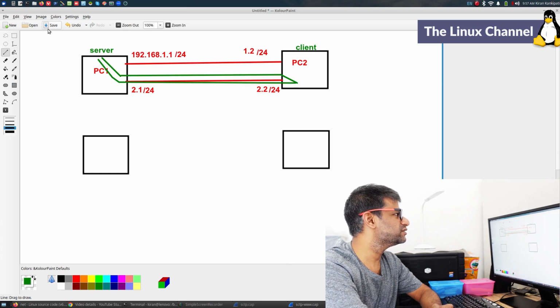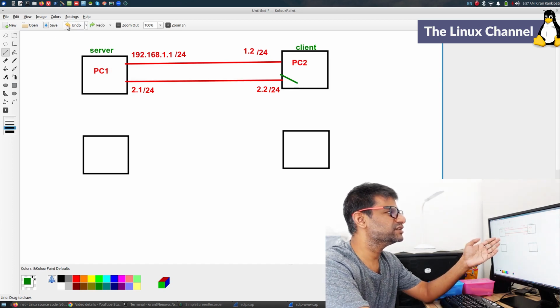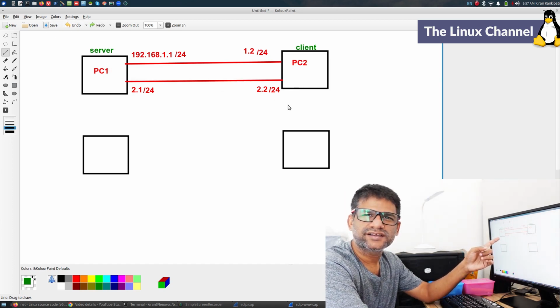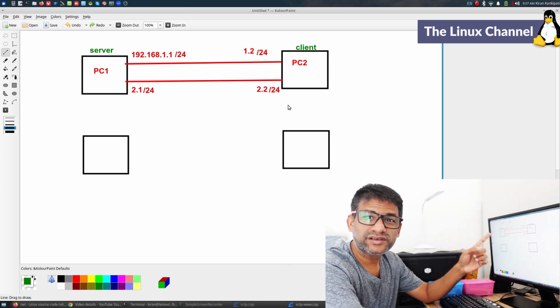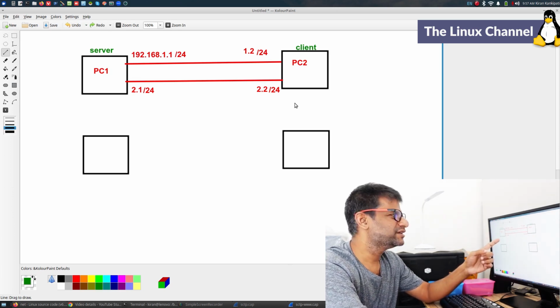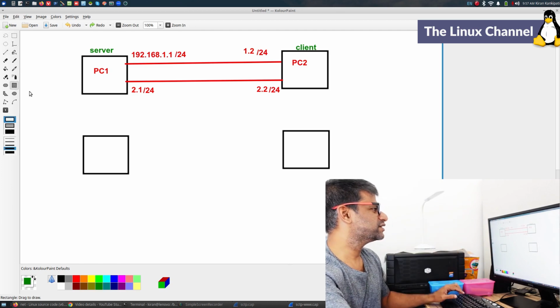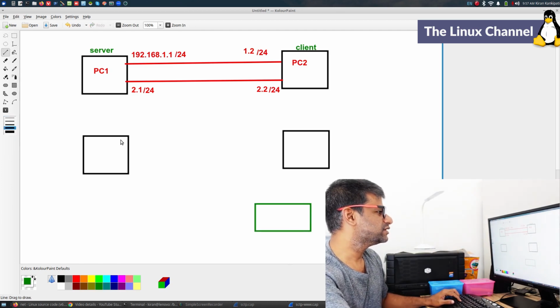And this is what happens on an everyday basis. Actually, this is not any special configuration or a special topology. This happens sometimes on a day-to-day basis. See, I tell you, suppose you have a laptop. The laptop has two internet connections.